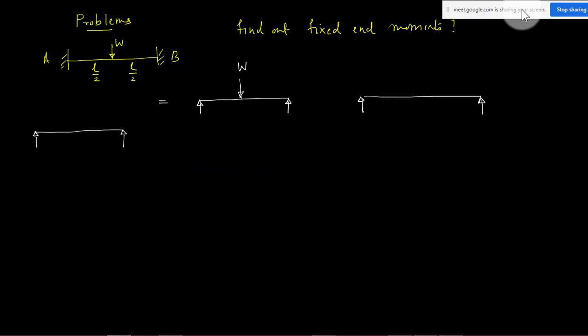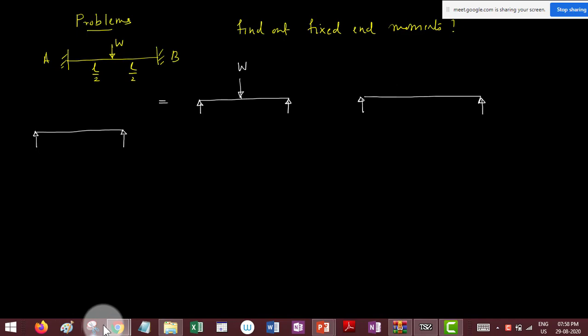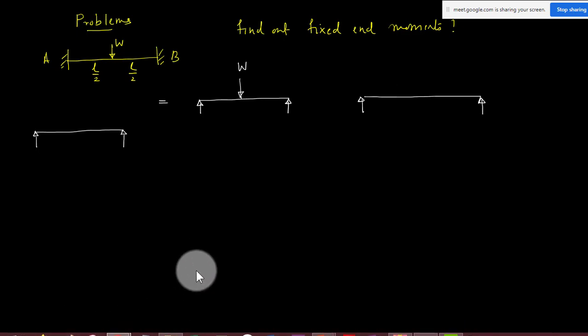Okay, now we will see some examples. So the theory is only that much. The theory is simple, only that much. Now we'll see a couple of examples. The first example, I've taken this fixed beam with